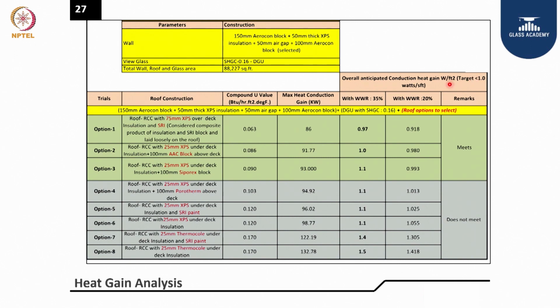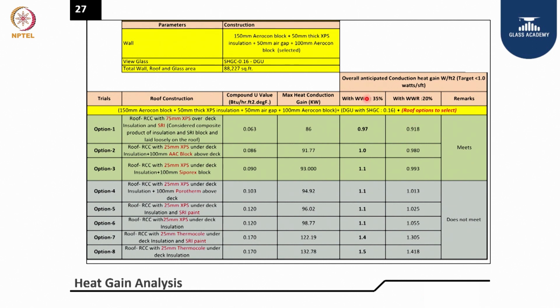That is the conductive heat gain to the building. Then we started trying various combinations of wall and roof: RCC 75 mm, overdeck insulation, SRI paint. Then we reduced it to 25 mm. Like this, we have gone through different kinds of roof, and what is the U value of the wall, what is the maximum conductive heat gain, and we changed the window to wall ratio, if it is 20%, if it is 35%.